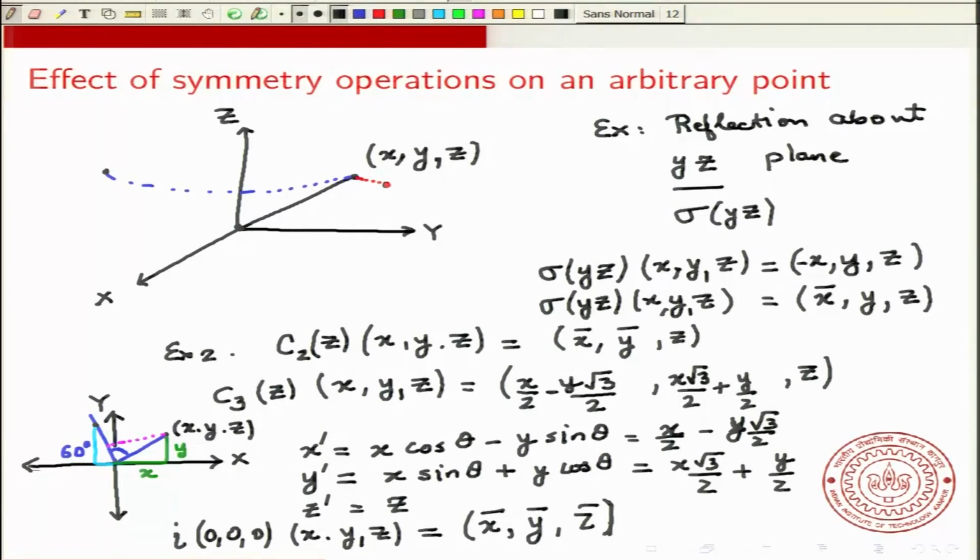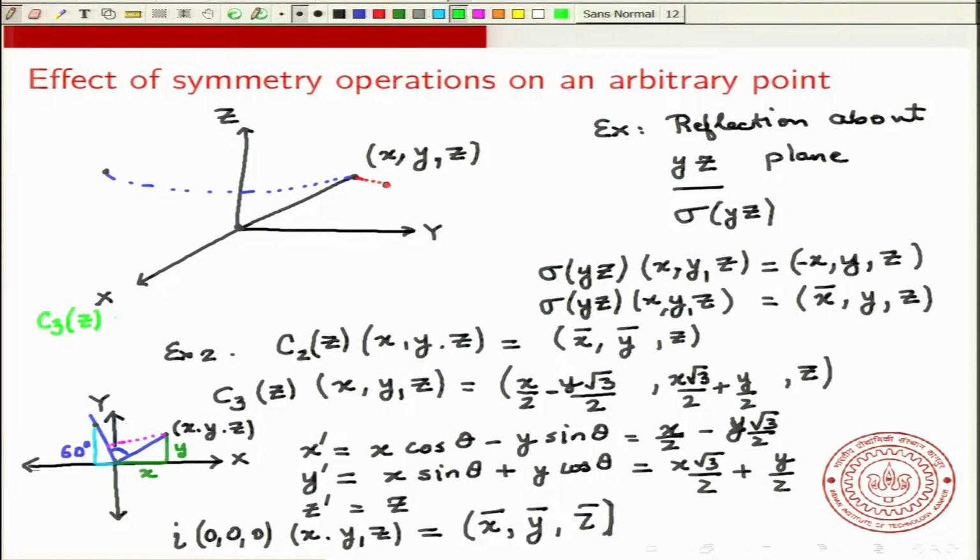Now, this is very useful. This idea of symmetry operations on an arbitrary point is very useful, because now you can easily see the effect of a combination of symmetry operations. So, we can easily do C3 followed by sigma. Let me write it here. Suppose I do C3 of z